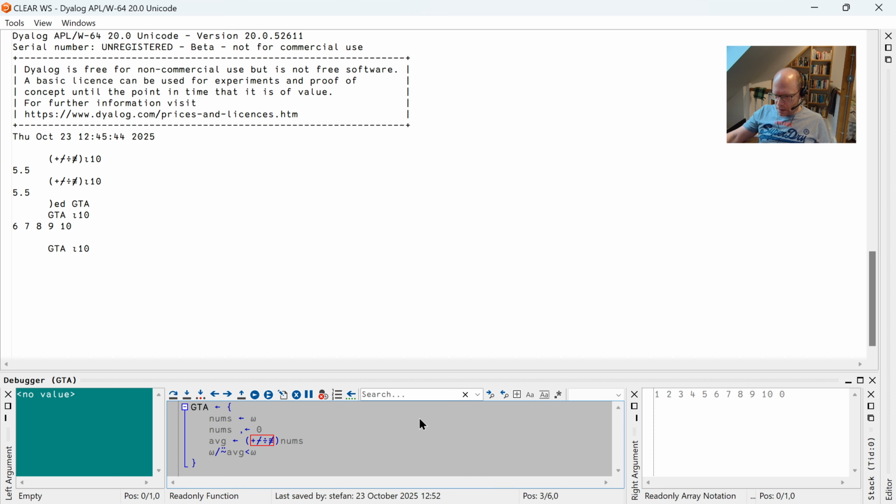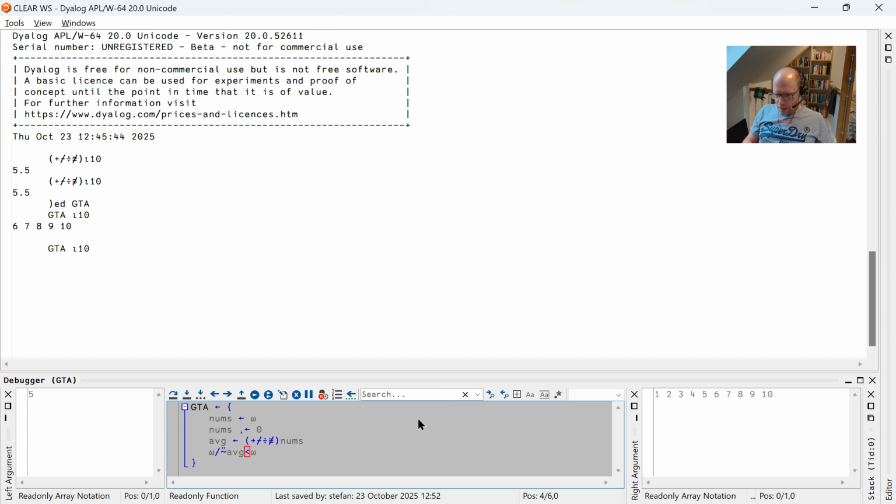Here we have the next function, which is the expression for average, which we did previously. We can just go through that in a couple of steps, and then we are creating a new variable again. And here the first thing we do is create this binary mask. So we have a less than. We have a 5 on one side, which is the average, but we added the 0, and then the numbers to the right. So if we create that, we can now see that we have a function, the compress commute function,